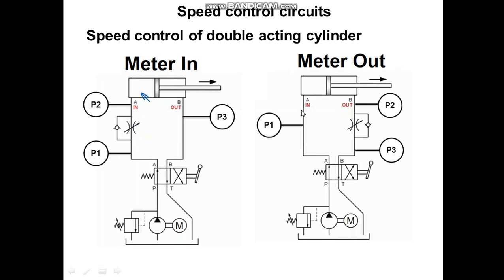at the same time when liquid is entering from blank end of cylinder, liquid which is available at rod end has to be taken out. Now what we are doing is we are restricting or monitoring liquid which is coming out of cylinder. That means we are again monitoring the speed of extension only, but in another way. Here the speed of extension is monitored by monitoring liquid which is going inside the cylinder. Here we are monitoring speed of extension only, but now it is being achieved by monitoring the flow which is coming out of cylinder.